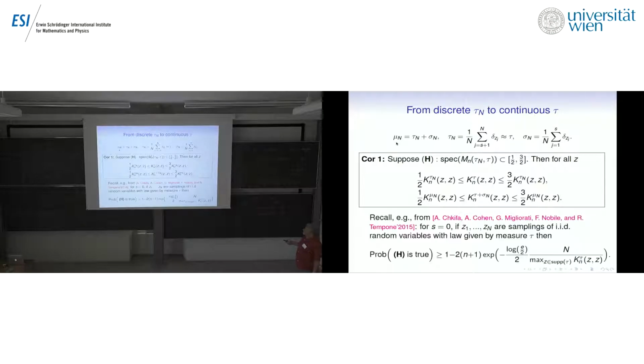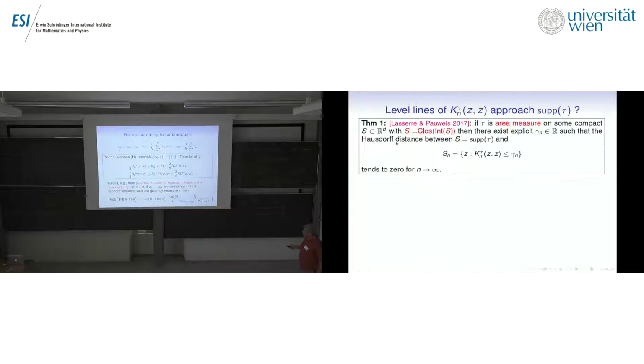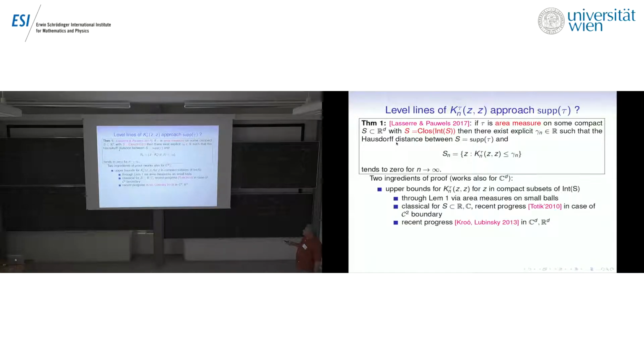I'll not go into the details. We have even sharp estimates about the probability of this thing related just to the Christoffel function of the original measure, so the polynomials. And this was used by two of my collaborators for the uniform distributed mass on the cloud, quite successfully. But we would like to go beyond, and we, of course, use